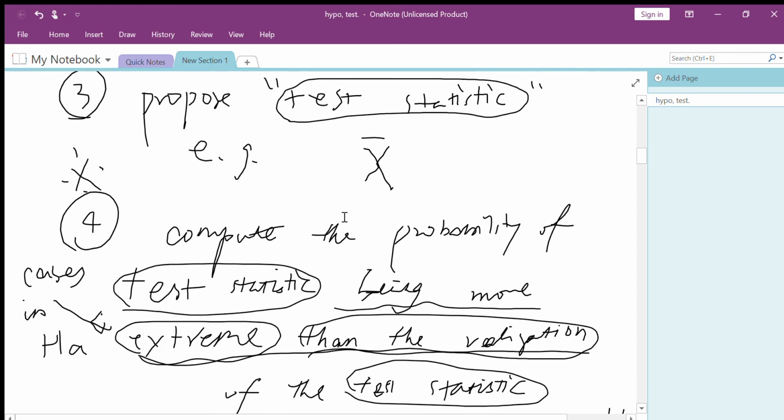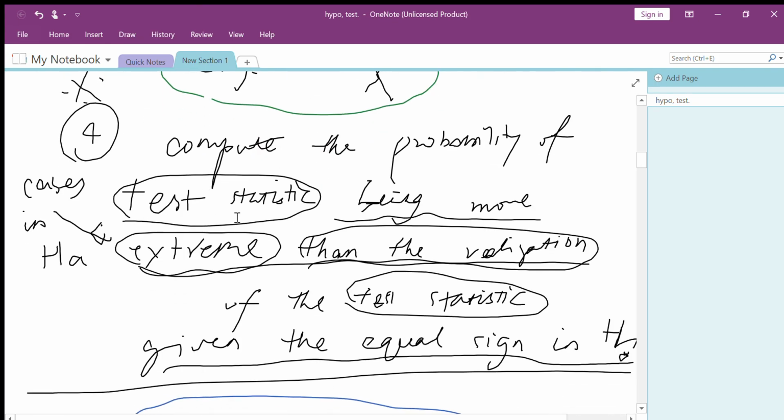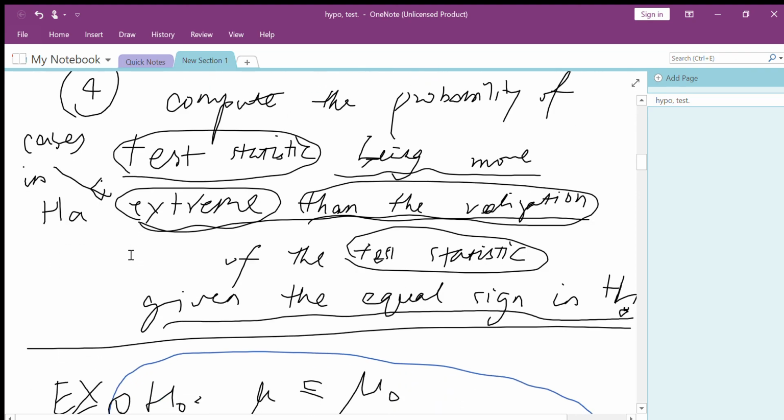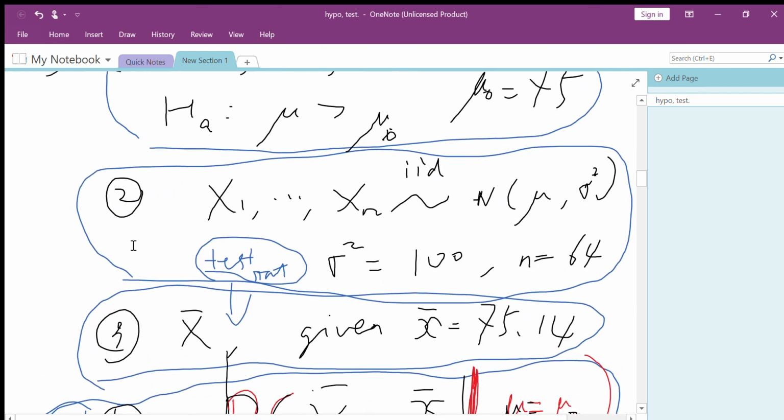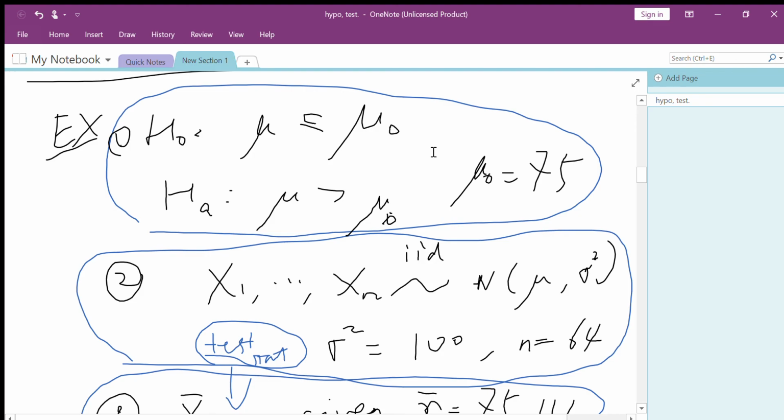In this first lecture video, we just focus on the sample mean. The fourth step is to compute the probability of the test statistic being more extreme than the realization of the test statistic, given the equal sign in H null. Extreme means cases in H A. This sentence is quite important because it's the definition of p-value. And we constrain ourselves to this right-sided test